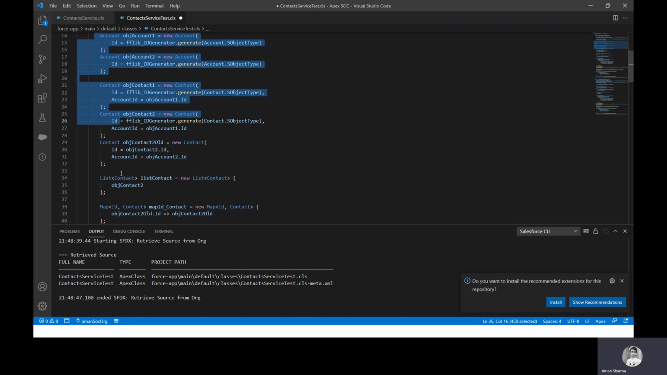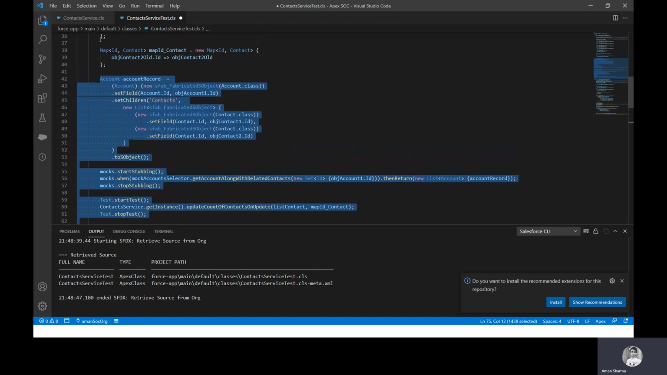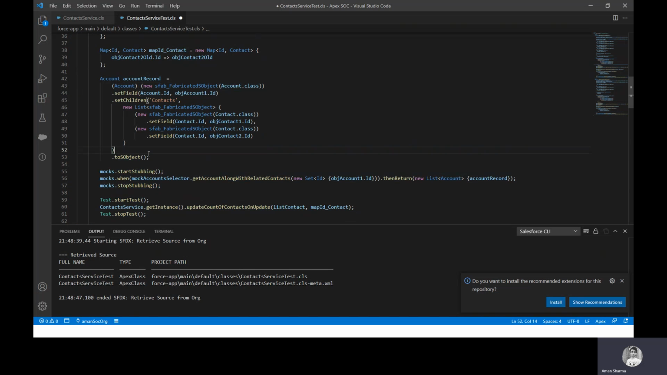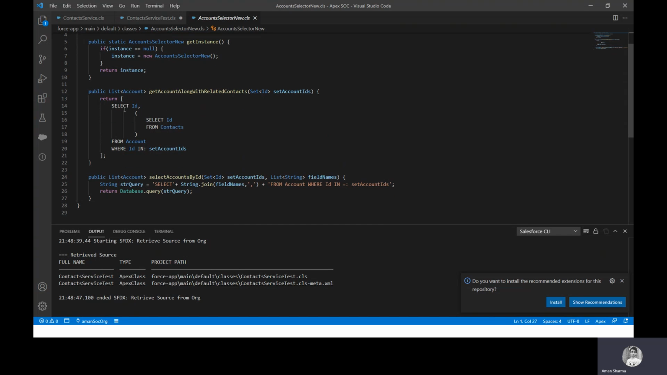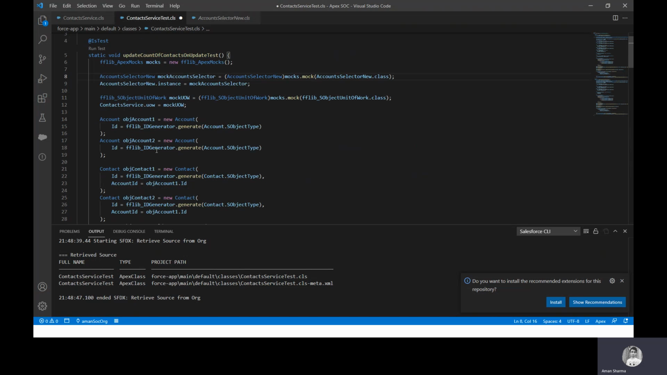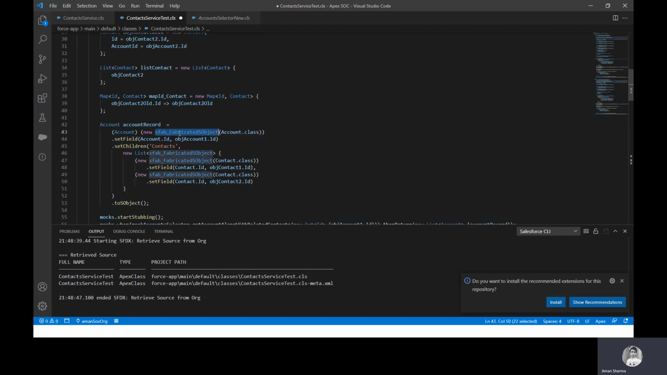Here I created the data. This is the part where I am creating a record of account so that I can return it, because in the query, if you must have noticed, it is a parent to child query. Forming data for account like this is not possible by the standard way. So this SObject fabricator is there, which we can use, and it is not a part of this package though. We can install it. There is a separate link for that. If needed, I can get that for you. We can install that and leverage that